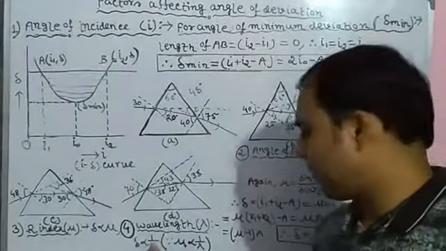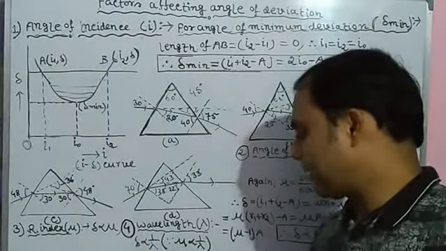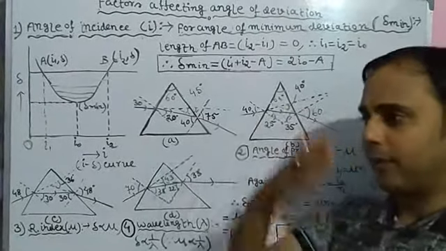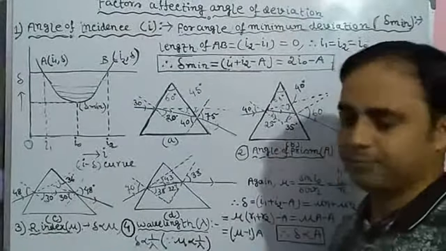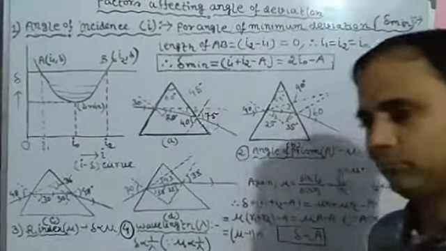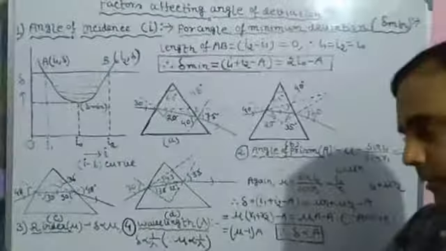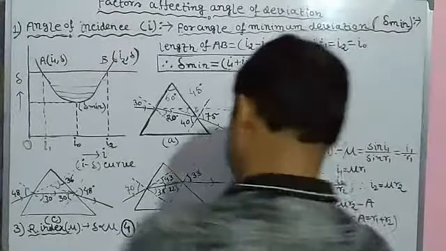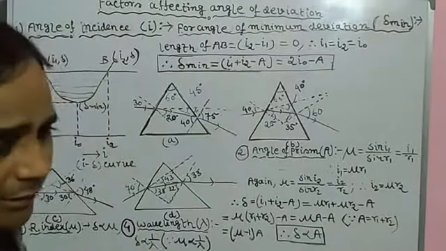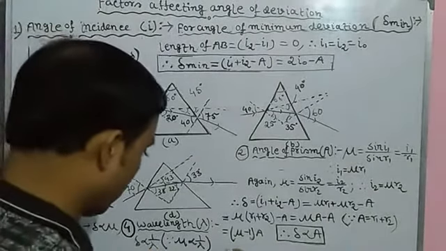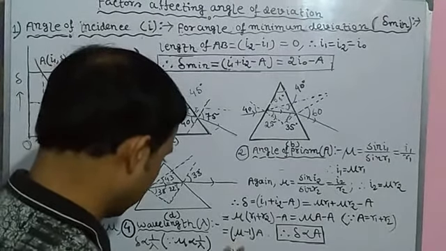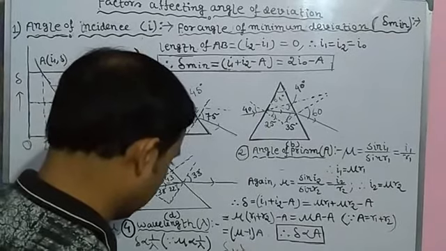So light having less wavelength will deviate more, and light with more wavelength will deviate less. Between violet and red, since violet has the least wavelength, you may consider it a weaker person, so one can bend or move it very easily. So violet light will deviate more since it has less wavelength, whereas red light will deviate less. In terms of deviation, delta violet is greater than delta red.